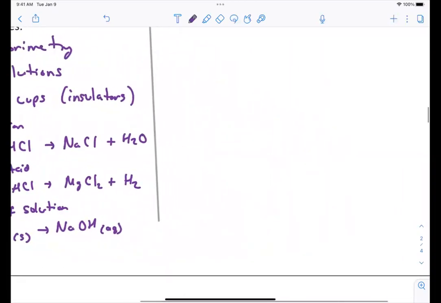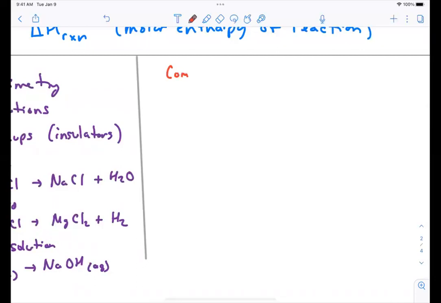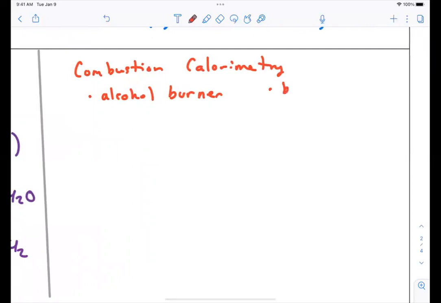The other type of reaction is what I'll call combustion calorimetry. That's not a technical term, but usually this is what it's used for. Essentially, you use an alcohol burner and a beaker of water. What you end up doing is you have this burner